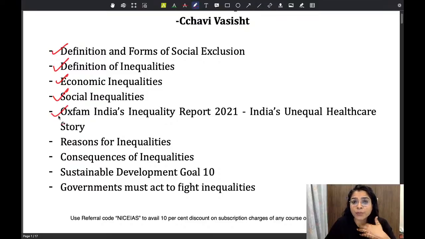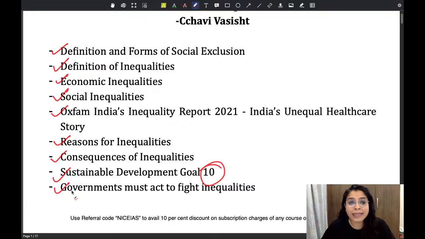Often you get in your prelims examination what is the name of a particular report or what were the key features of that particular report. So this is one topic that you can get in both your prelims as well as your mains. Then reasons for inequalities, consequences of these inequalities, and which sustainable development goal addresses this. It is goal number 10. We will see what are the provisions written in this and what governments can finally do to fight